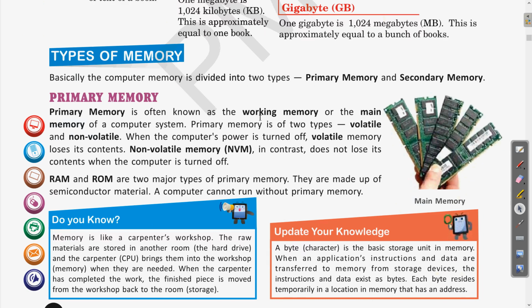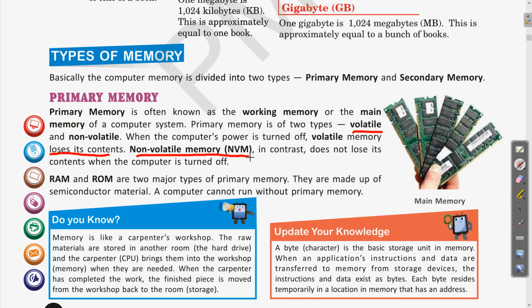After that, in the types of memory, we have seen that the primary memory is of two types: one is volatile and another is non-volatile. In volatile, we have seen the type of memory in which the contents are lost or erased, so those types of memory are called volatile memory. And in non-volatile memory, the type of memory in which even after the power is off, the contents will not be deleted. Clear? So this is the difference between volatile and non-volatile memory.